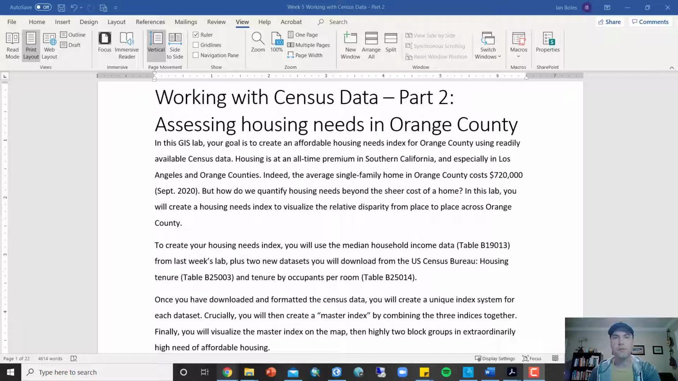But again, you're going to have to go back to data.census.gov and pull up the data that we're going to be looking for this week. Without further ado, let me get into it. I'm just going to read this intro here. Okay, so in this GIS lab, your goal is to create an affordable housing needs index for Orange County using